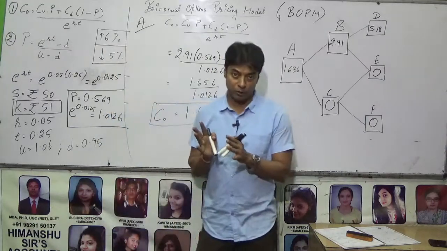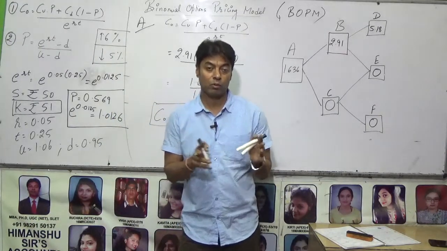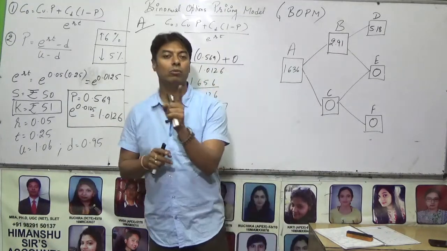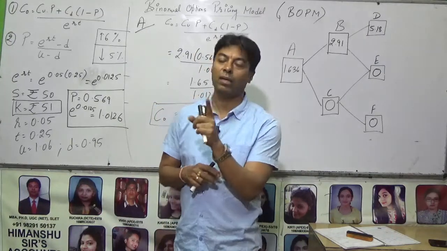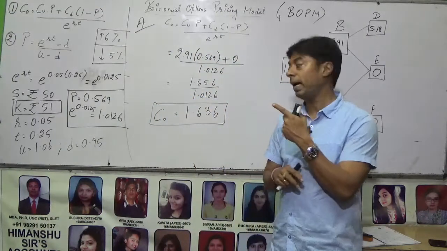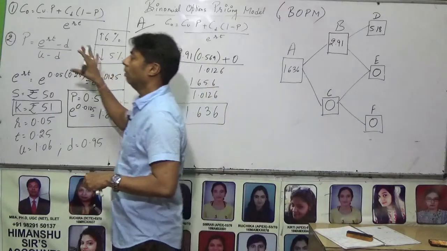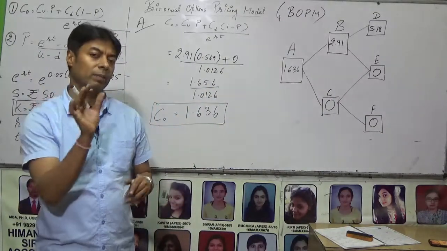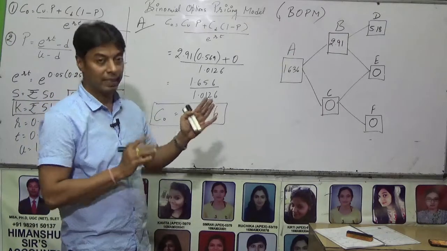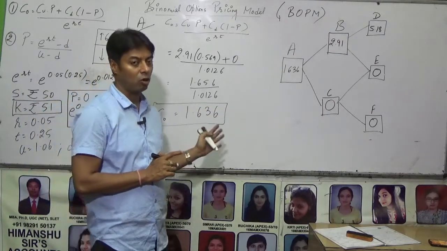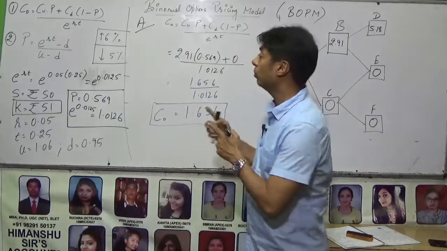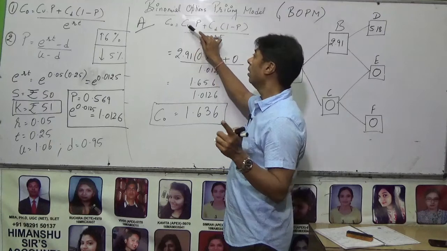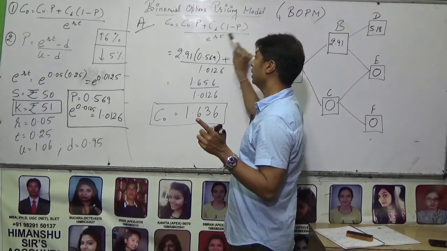Now please take down this value, and in the next lecture we are going for the calculation of put option. Put option, the process is going to be reversed, because put option gives the buyer the right to sell. So that's the right to sell, but here it was the right to buy, although the formula to calculate the value of put option will be slightly different, but let's just concentrate on call option, and that's how you have to calculate the value of call option using the formula CU into P plus CD 1 minus P upon ERT.